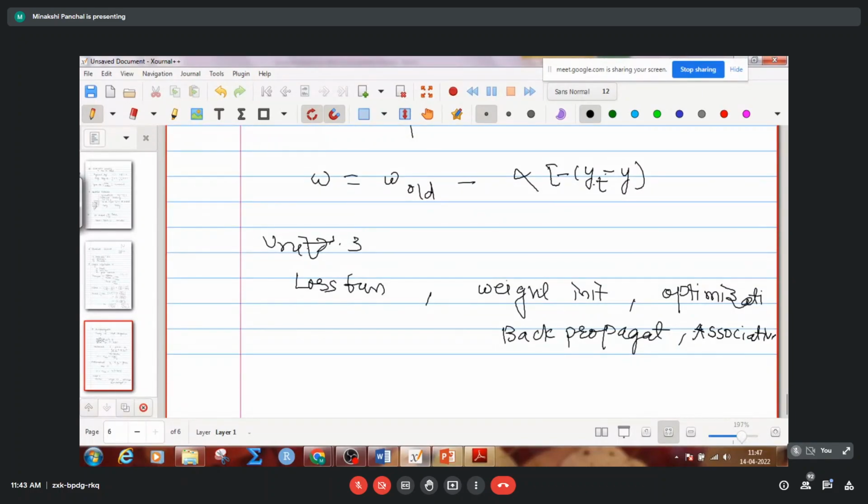एसोसिएटिव मेमोरी, दिस आर द पॉइंट्स फॉर यूनिट नंबर 2. न्यूमेरिकल में वेट इनिशियलाइजेशन पे होगा. लास्ट फंक्शन इट्स वेरी सिंपल, सो नो क्वेश्चन विल बी देयर. वेट इनिशियलाइजेशन पे क्वेश्चन होगा एंड बैक प्रोपोगेशन पे होगा और हाफ फील्ड नेटवर्क पे क्वेश्चन होगा. 3 पॉइंट्स हो गए न्यूमेरिकल क्वेश्चंस के लिए. सो दिस इज